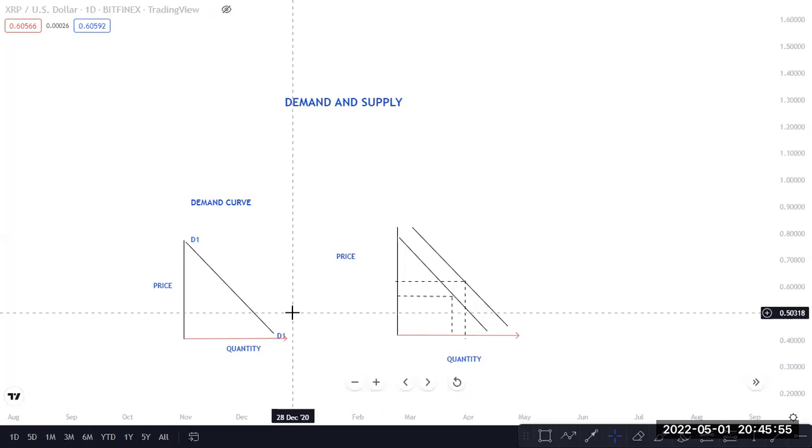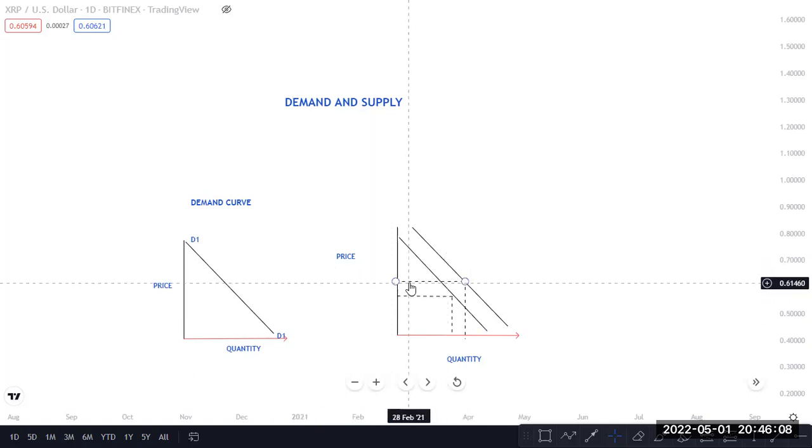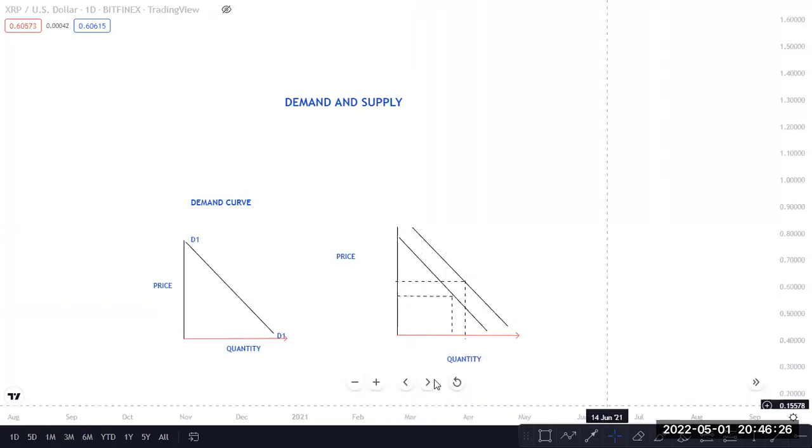So according to the law of demand, buyers or consumers always want to buy when the prices are cheap. So when these prices go up, they sell, or they just neglect. They don't want to buy until this product gets cheaper. Then they want to buy. So that is the law of demand in the business concept or in the economic concept. So you can see here, I tried to make a few drawings here, okay?